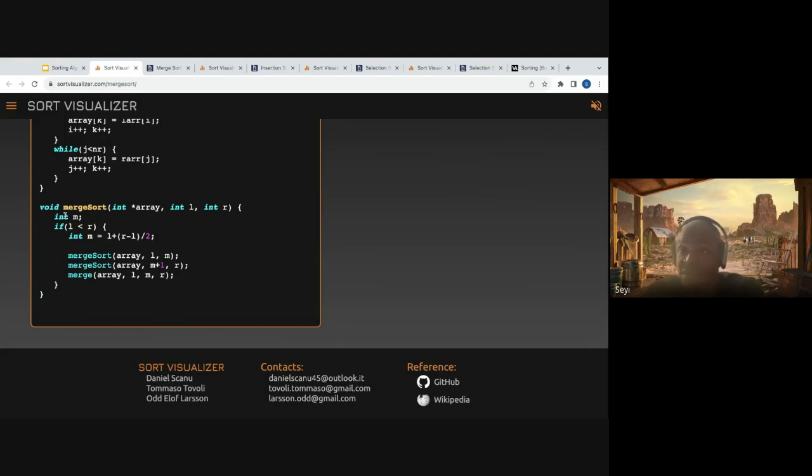So while we have at least two elements in the array, we find the middle, we merge sort the left, we are splitting it by the middle. We merge sort the right. Notice that these merge sorts are recursive calls, so we don't need to do anything here. But then we now merge the two of them. So the major work is in this merge portion here.